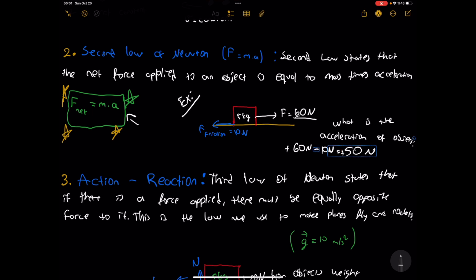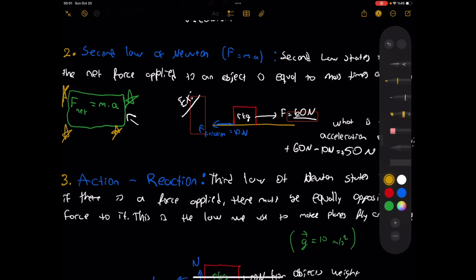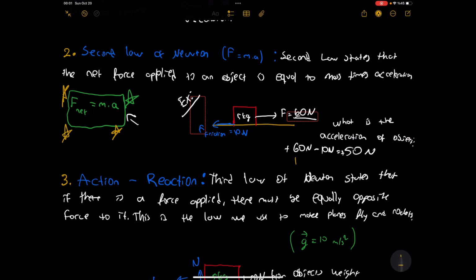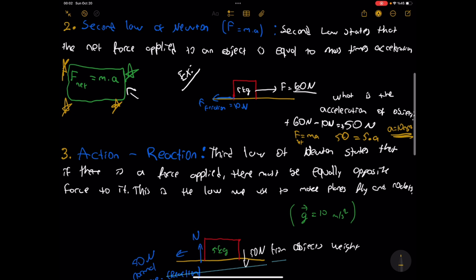So F equals ma means that 50 equals 5 times a, which tells us that the acceleration is 10 meters